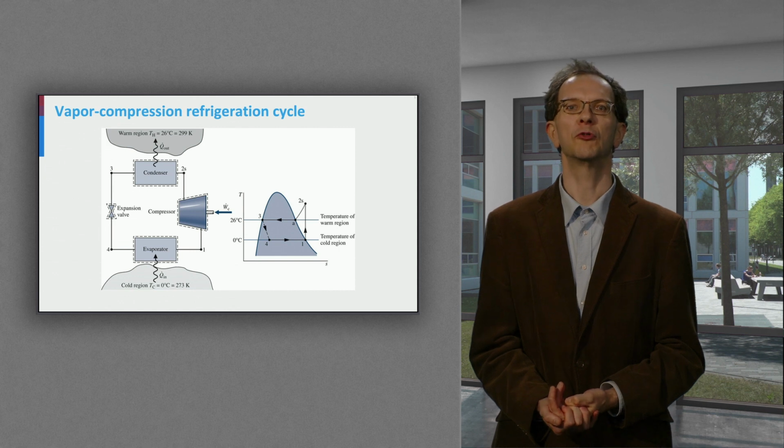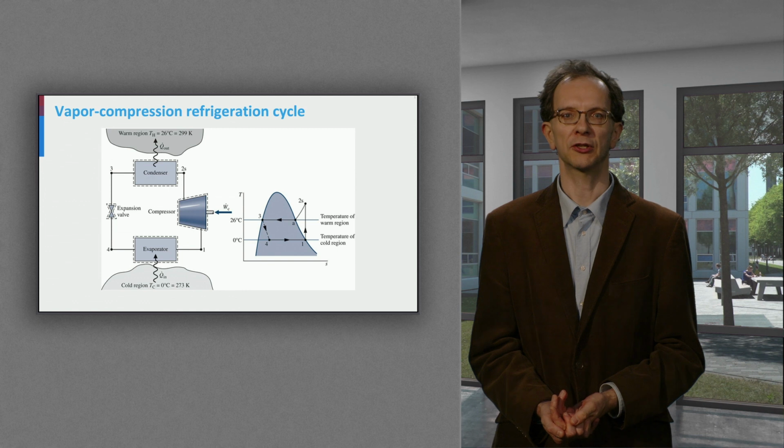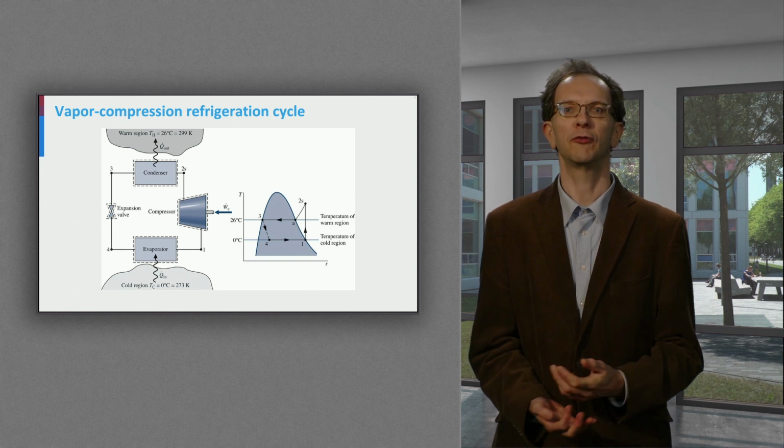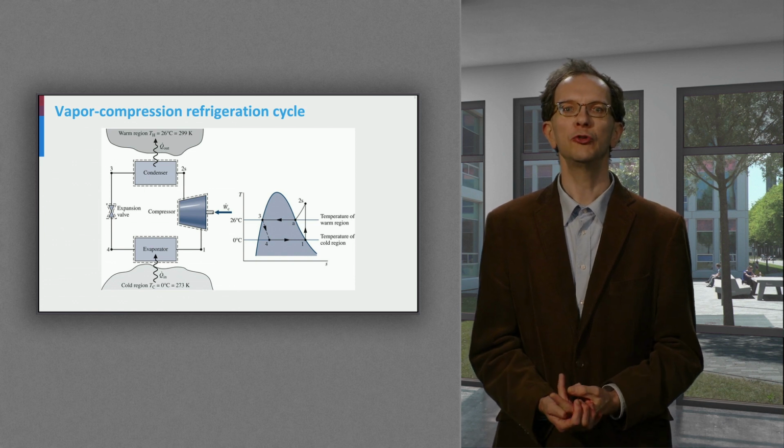Next, the working fluid is entering an expansion valve or throttle, which reduces the pressure of the working fluid. At stage 4, the working fluid exits the valve. As the enthalpy difference over the valve is 0, this follows from the first law of thermodynamics, due to the Joule-Thomson effect, part of the fluid will evaporate, so point 4 will be inside the vapor-liquid phase envelope of the phase diagram.